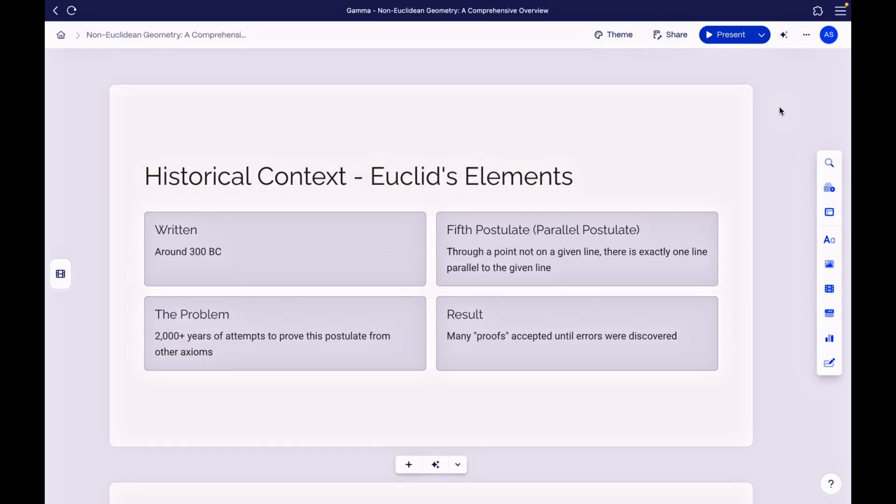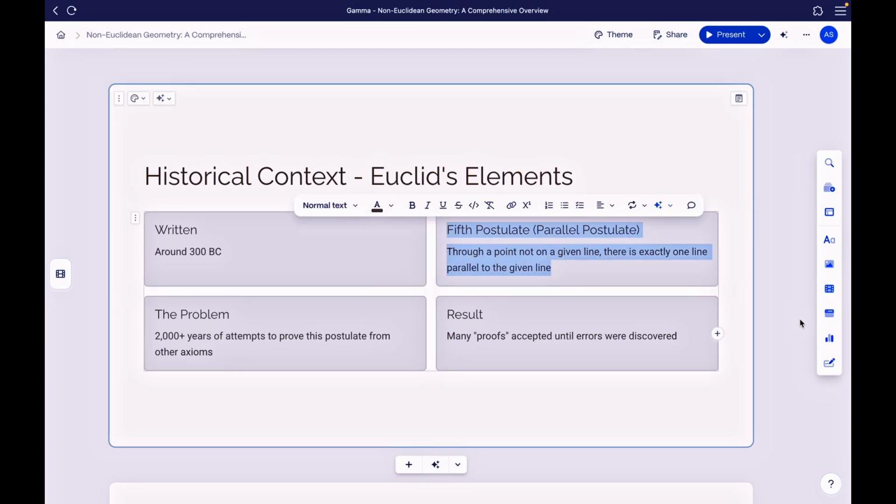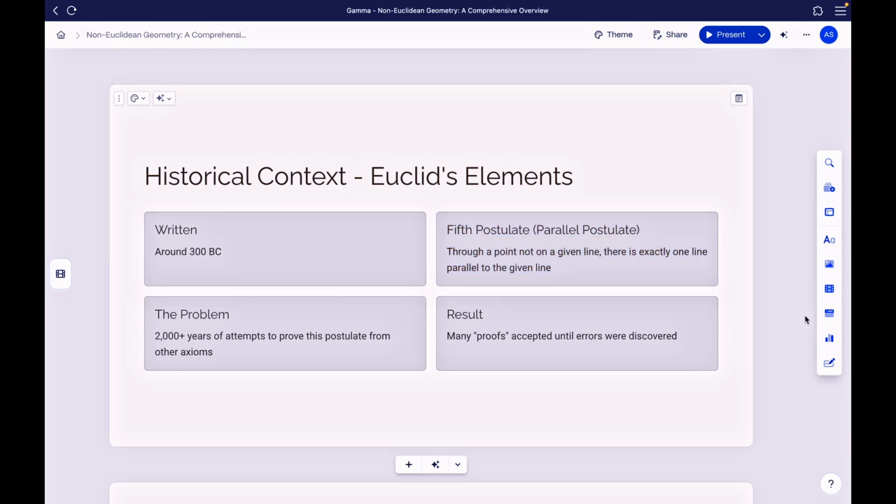Here is Euclid's Elements, or at least a little bit of historical context about it. This book was written around 300 BC, and the thing we are going to focus on is the 5th postulate, or the parallel postulate. Through a point not on a given line, there is exactly one line parallel to the given line. So this is basically a fancy way of saying, if we have a line, then we have another point, there's a line that's parallel to the other line through the point. It seems very obvious at first, but